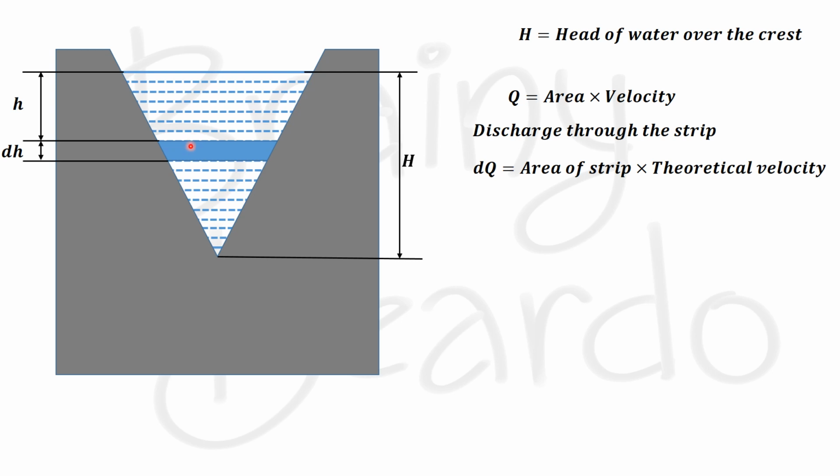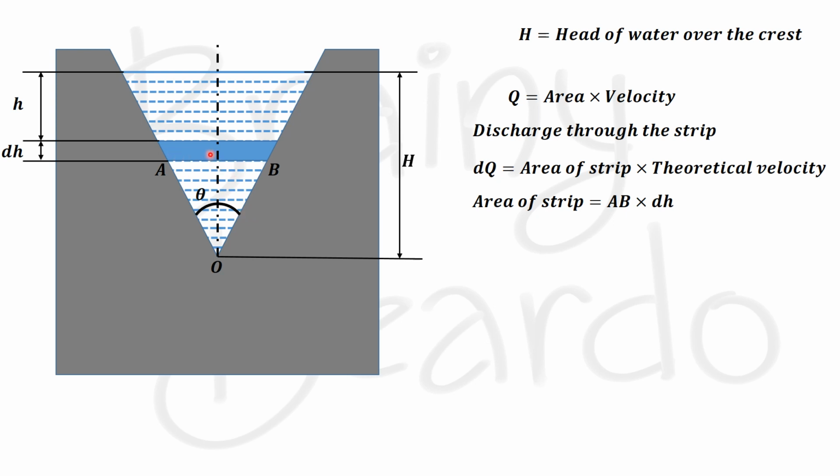Now, as you can see, the strip is of a trapezoidal shape. Since this height dh is very small, we can assume this shape to be that of a rectangle itself. So, we will name the two ends of this strip as A and B and the crest as O. From this we can say the area of this particular strip is AB into this height dh. Now, let us name the angle of the notch as theta. When we cut this triangle into two halves, we get two right angle triangles.